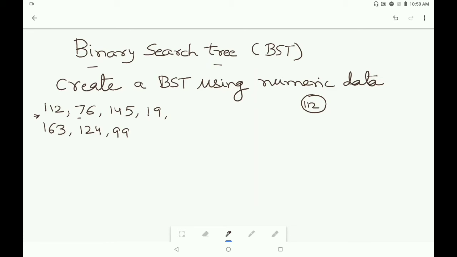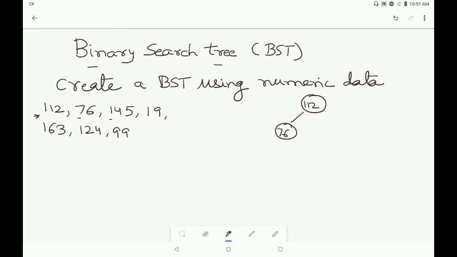The next is 76. Now in a binary search tree we have the condition that the value of the left child should be less than the root node. So here 76 is less than the root node. So this 76 will be inserted at the left hand side of the root, like this.